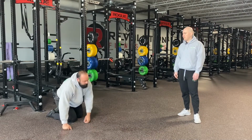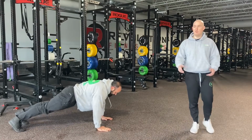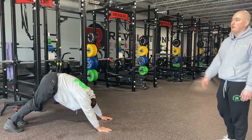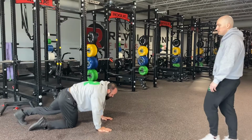What do we got now? Yoga push-ups. Yeah, we could do yoga push-ups. These are actually a little bit easier, but it's going to be more like an overhead press. So he's doing his regular push-up and then driving his hips up and back instead of just up. So he's kind of pushing into that pike position. And then